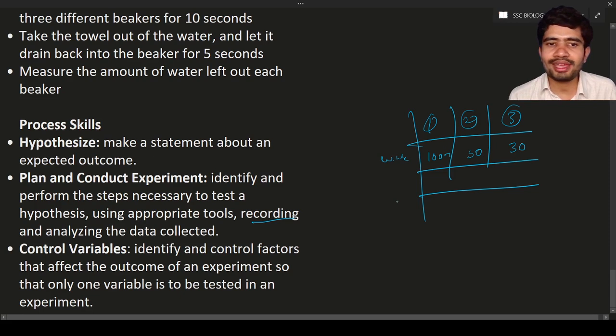Here, the controlling variables. She can control the variable factors, like how much water should be used and what type of cloth should be used, and so on. That is about controlling variables. What is meant by variable? Variables are nothing but factors. These factors may be anything, like in photosynthesis, sunlight is one factor, water is another factor, and so on. There are different types of variables. These factors are going to affect the outcome of the result of the experiment. So this is about processing skills.